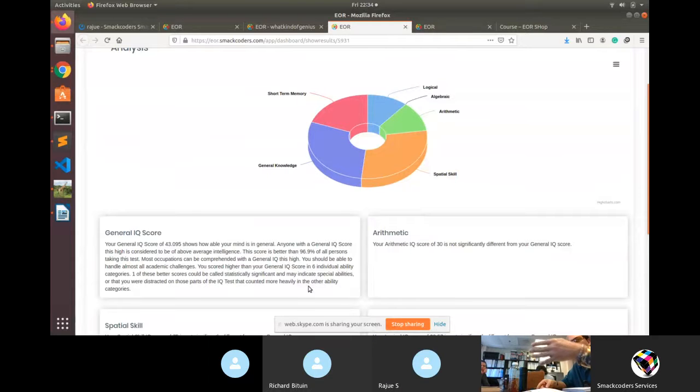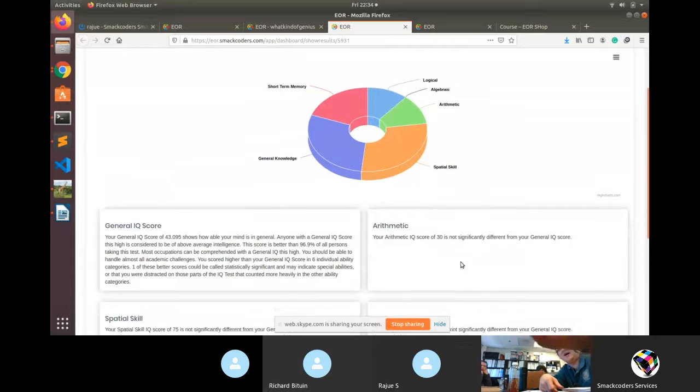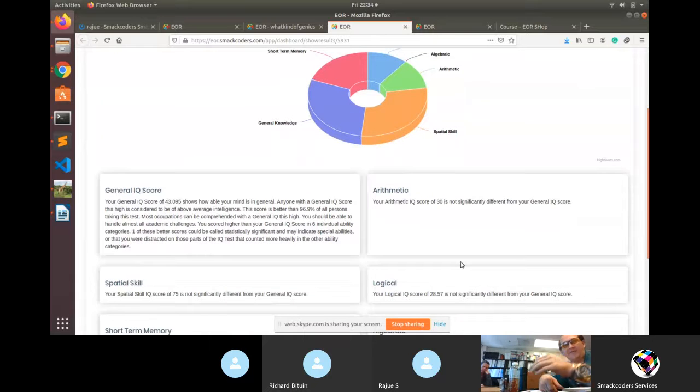Here's a tool that you can go through and do, and maybe it's fun. We also want the horizontal one, right? The one that goes out and says, hey, I've got a little bit of logical and a lot of spatial, and then a little bit of algebraic and a little bit less of some other thing. You want to be able to see this bar graph. So this one right here can go strength summary. That can be on the right-hand side. On the left side, we put the bar graph.